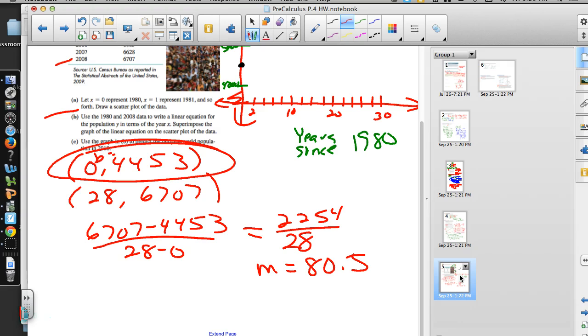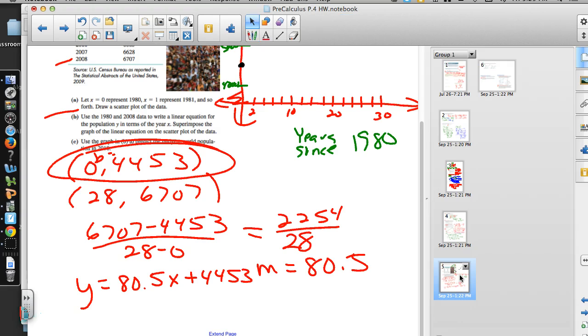And our intercept is 4,453. So our equation, they did say to use y in terms of x this time. So that will be y equals 80.5x plus 4453. So now, if we're going to superimpose that on that graph of the scatter plot, we would